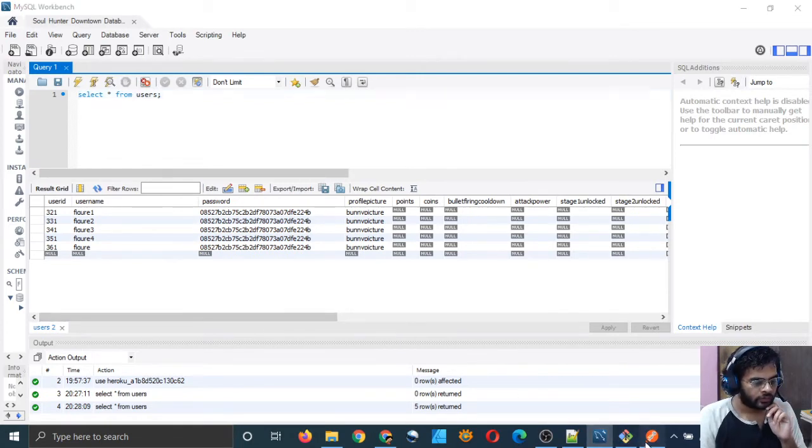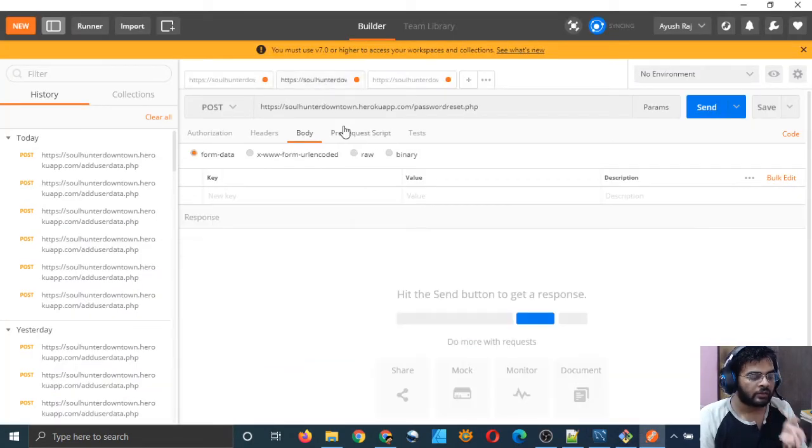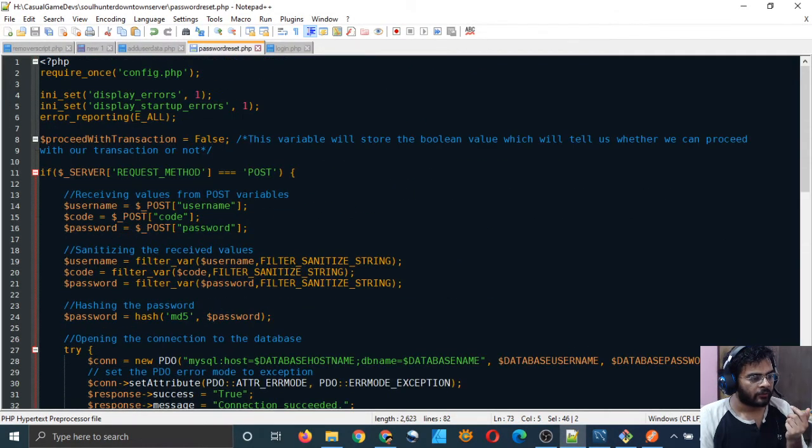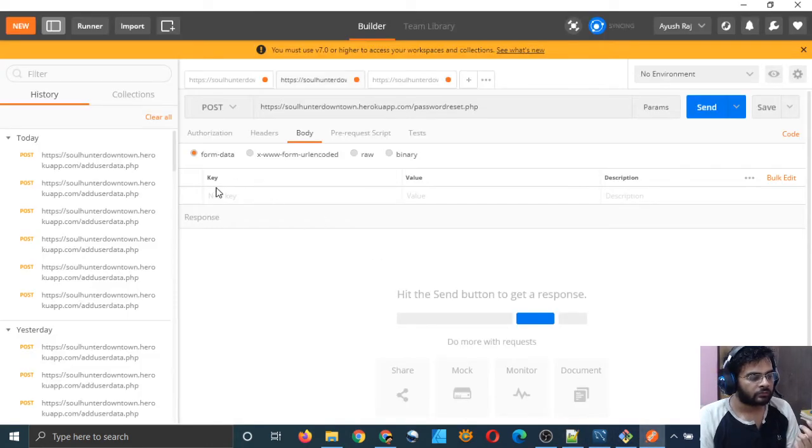Now let's first test our password reset script. What are the things which the password reset script wants from us? Let's see. The password reset script wants from us username, code, and password. So let's give it to it.